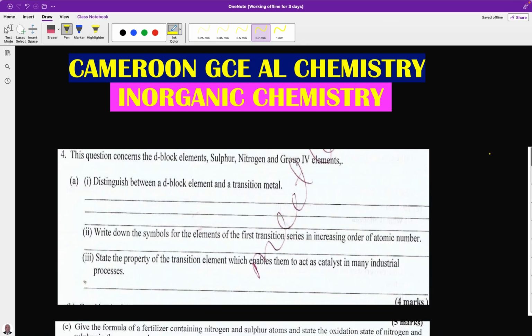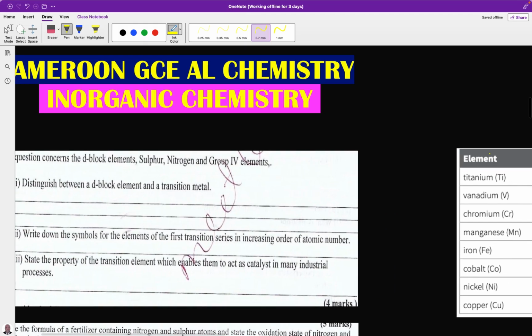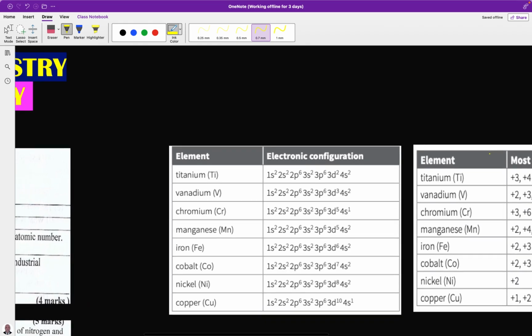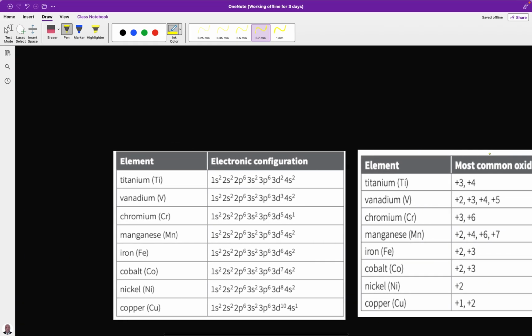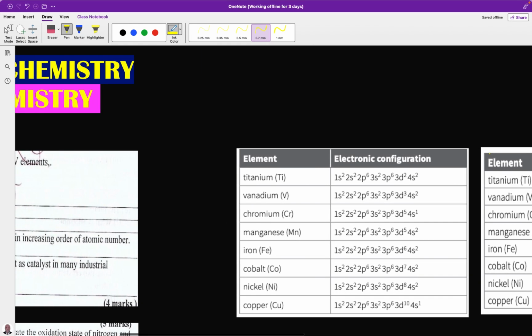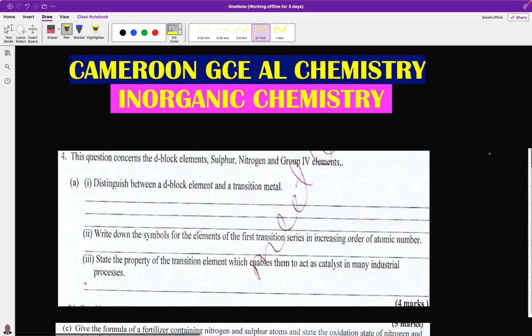Okay, if you look at it critically, a D block element and a transition metal, though all of them are within the D block, not all D block elements are transition metals, because there is a specific difference which I want to give you on this. And the main difference between a D block element and a transition metal is that a transition metal